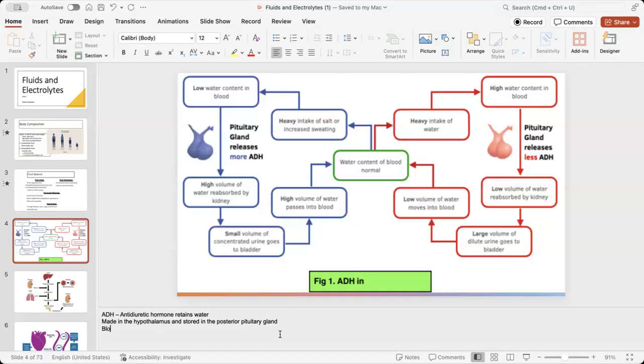Okay, so the pituitary gland goes, oh, all right, I need to release less of this. Okay, so it's not gonna reabsorb as much water. And how are we gonna get rid of that extra water? Urine, right? It's going to go to the kidneys. The kidneys are gonna get rid of that. We're gonna urinate that out, again, to make sure that we have a normal balance.